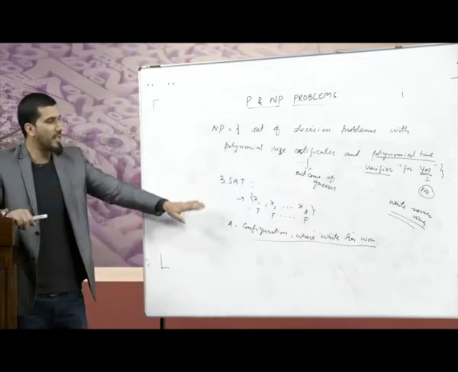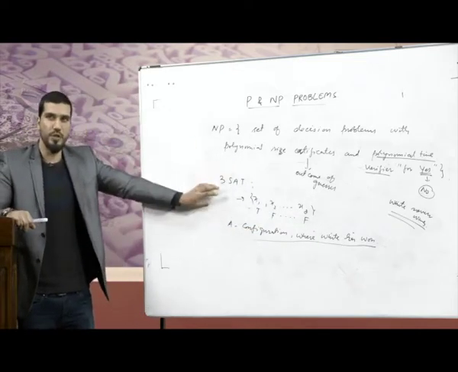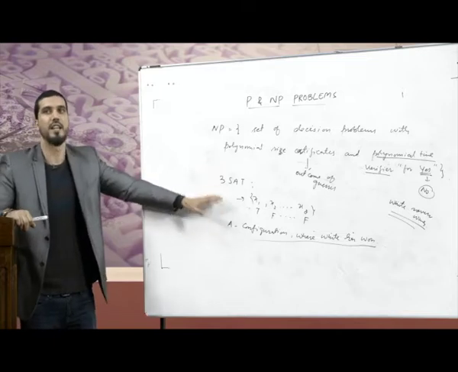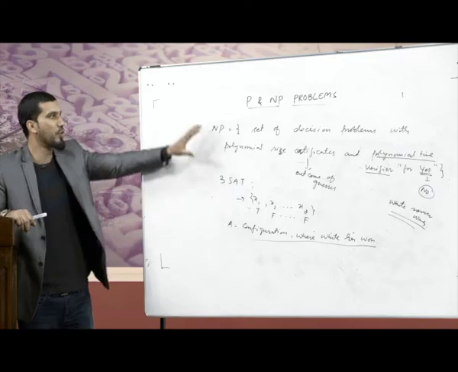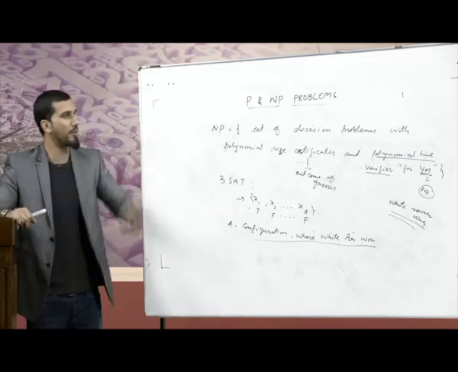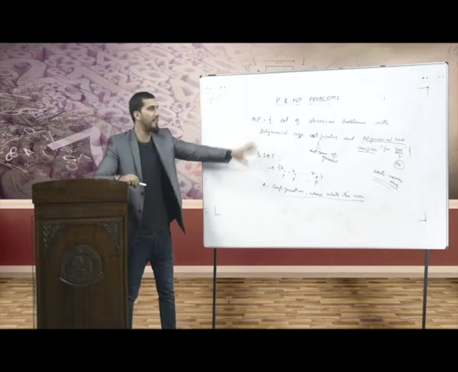We can only check whether your solution is the true solution if it says that yes, there is a solution. If it says no, there is no solution, we cannot check that. So all in all, NP is the set of problems with polynomial size certificates and a polynomial time verifier for